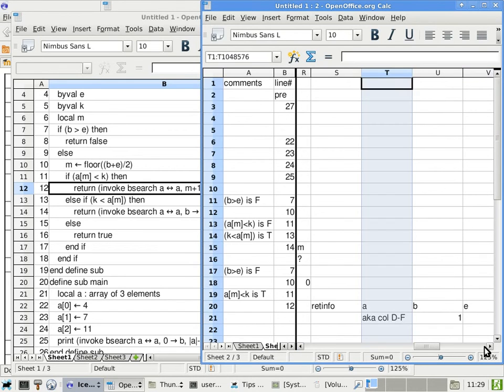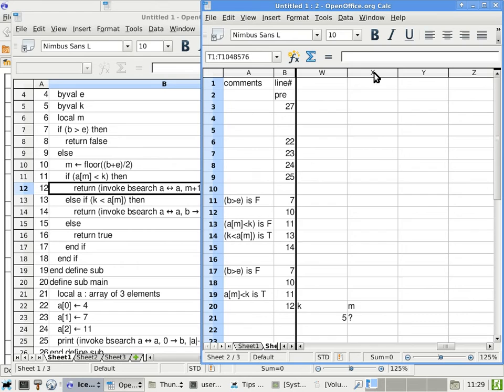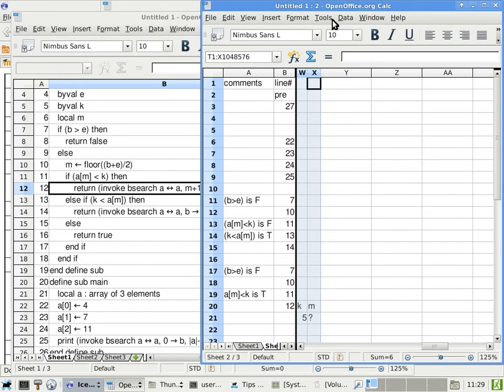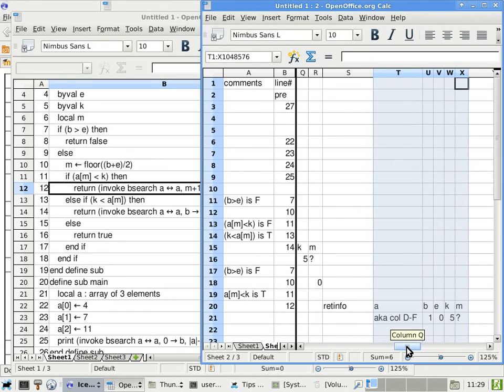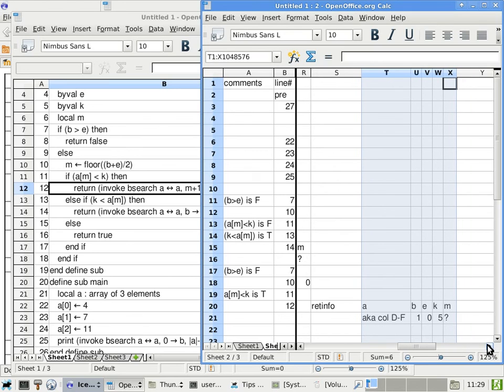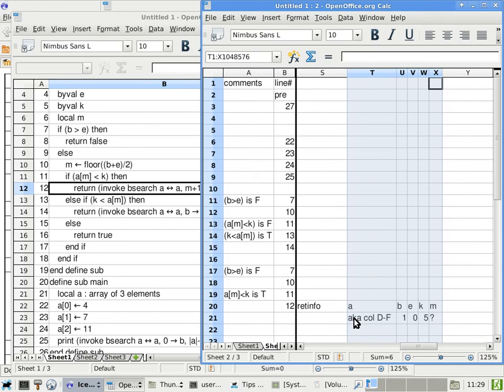And, okay, let me just make these columns smaller so we can see better. What about the return info? We set it up the same way. We are invoking from